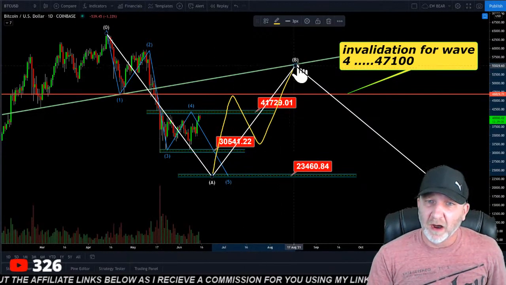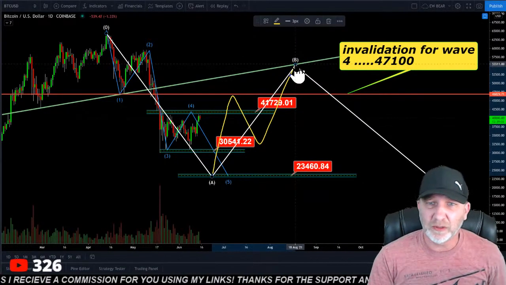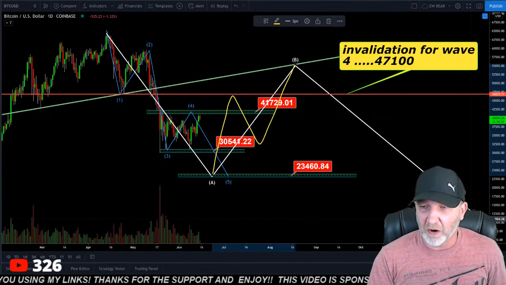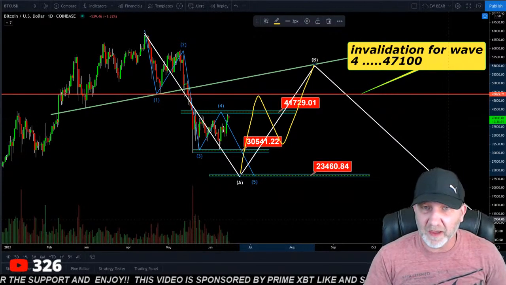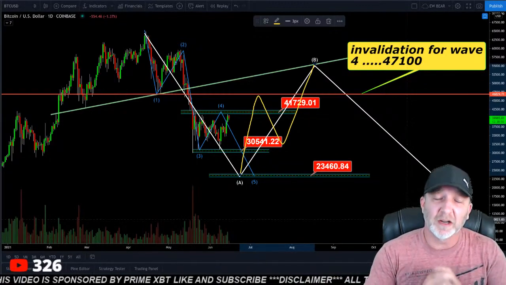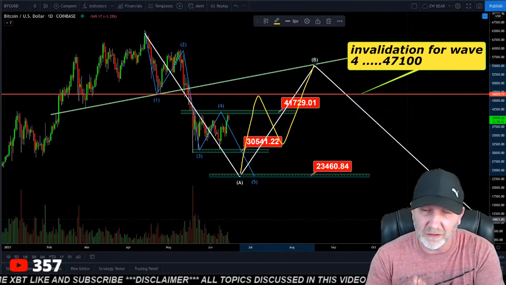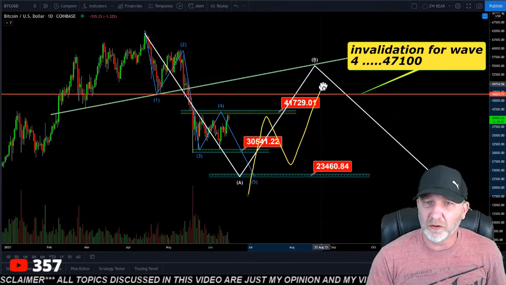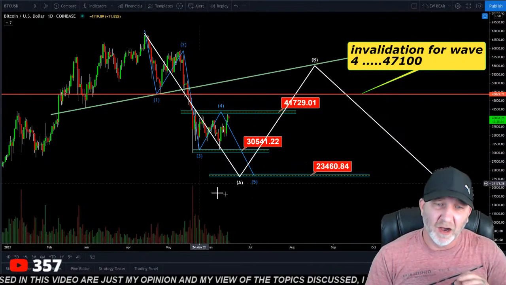But anyways, B-wave would end in August or September, somewhere in that area between the $50,000 and $55,000 range, and then I think we come back down for C-wave after that. Could go as low as sub 10,000. We'll take a look at it. Again, there's no guarantees in any market. Nobody knows exactly what's going to happen. Nobody. And if they tell you they do, they are BSing you. So anyways, that's what I'm looking at now. And this will most likely be a 5-wave down for B, or C.